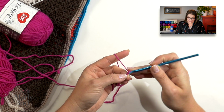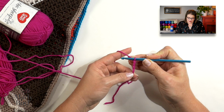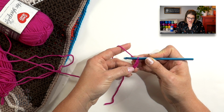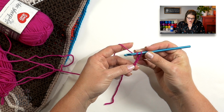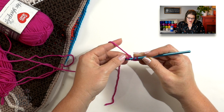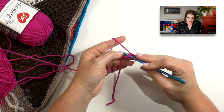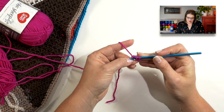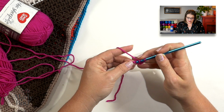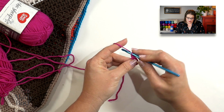We begin by chaining 4 stitches, 1, 2, 3, 4. Then we want to put 4 double crochet into that very first chain we started with. So I yarn over my hook, come all the way over here to this first chain, and I'm going into it, okay? So I am going into where I have 2 loops on my chain. It really doesn't matter how you decide to go through your chain, whether it's just through the back loop or just through the front loop or through 2 loops,